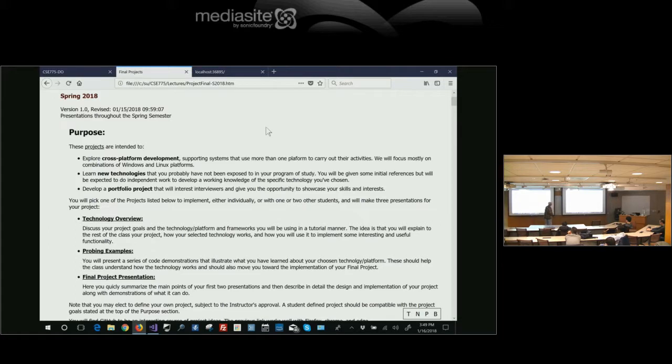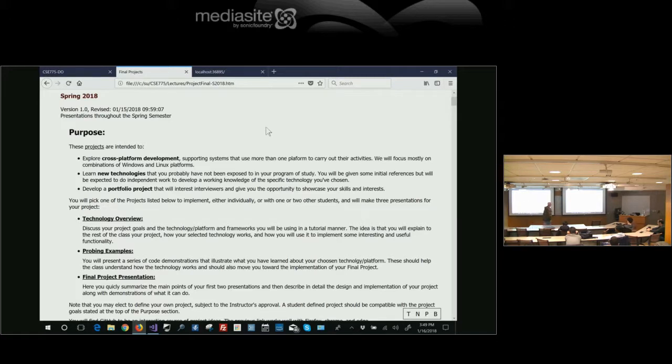So the first will describe your project and the technology, sort of a walkthrough of the technology. One of the reasons why fairly early I want to know what project you're working on is there may be several different groups working on essentially the same kind of project, so the technology descriptions would be overlapping. And so what I'd like to do is then try to work with you to get one team to focus on this part of the technology, another team focus on this part, another on this part. And so what we're doing is not only are you learning the tech, but you're instructing the rest of the class on that